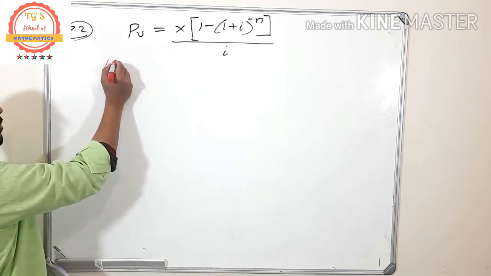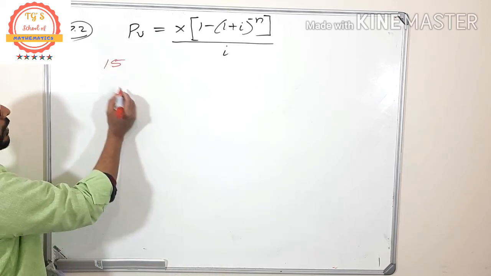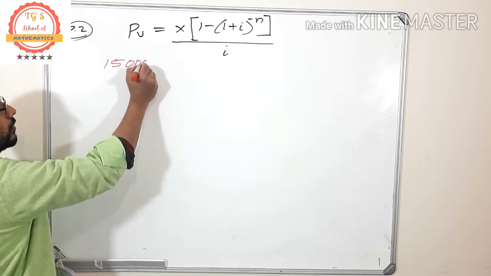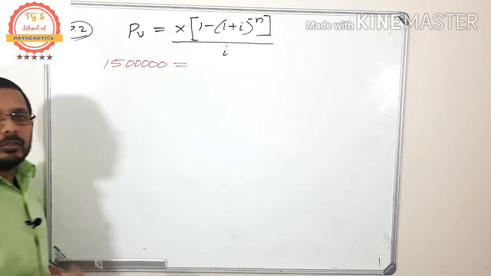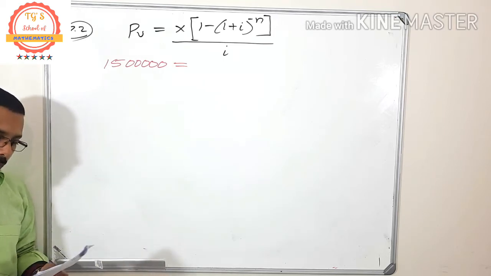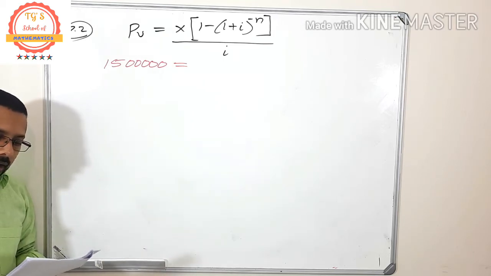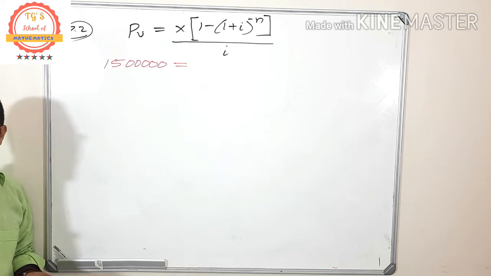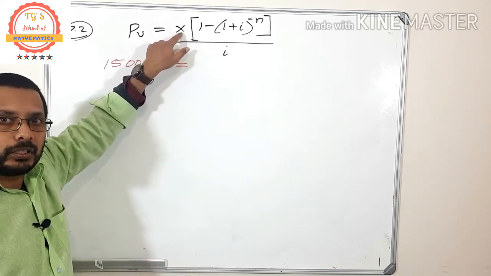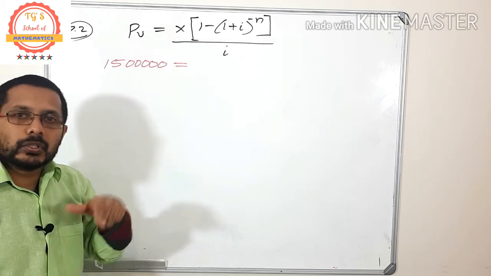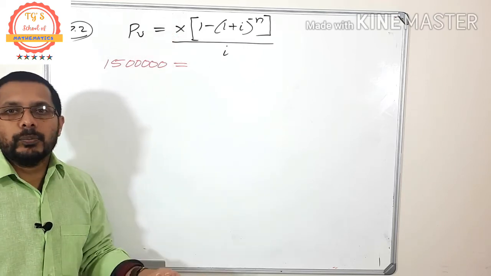1.5 million. 1.5 million means how many? After 15, 5 zeros. Okay, what do you want to find in this question? Look at the first question, 7.2.1. Calculate the monthly installment. So it means that we don't know the value of x. X stands for the monthly installment. And in this question, you have to find the monthly installment.